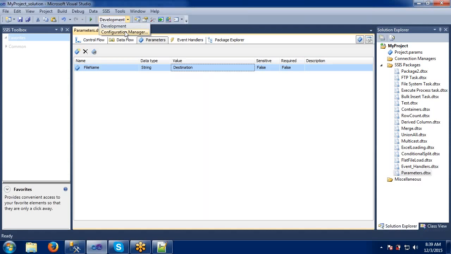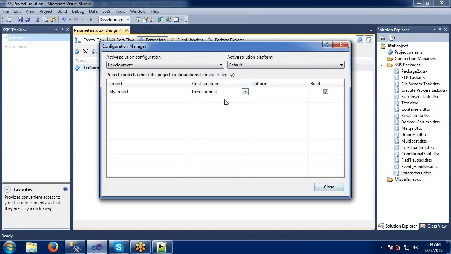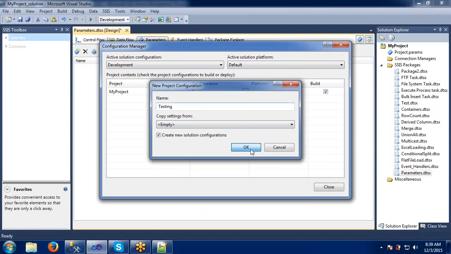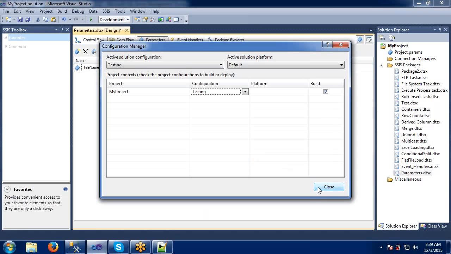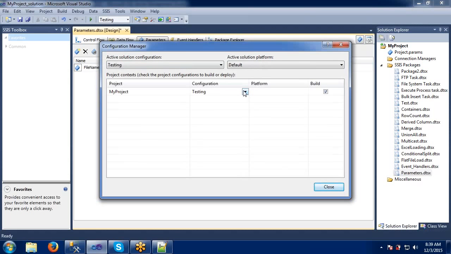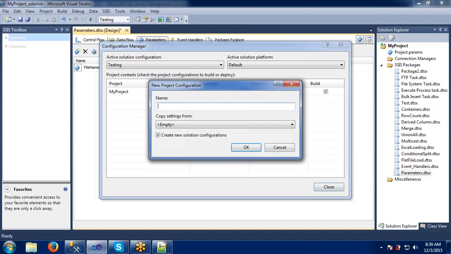Go to Configuration Manager. In the configuration I want to add a few more environments, like the testing environment, creating the environment here, Testing. Okay, close. One more environment, some Production.